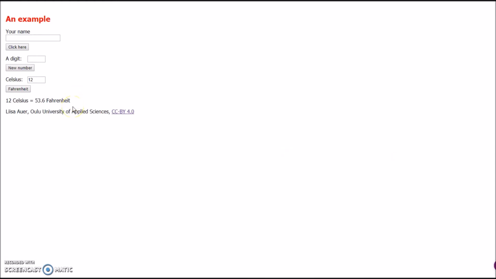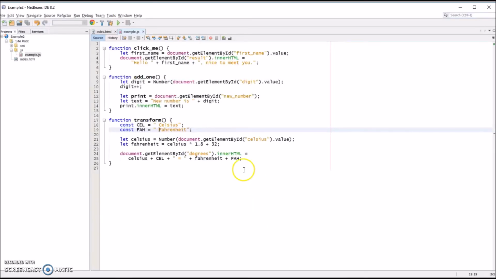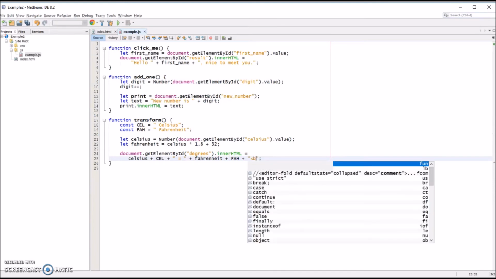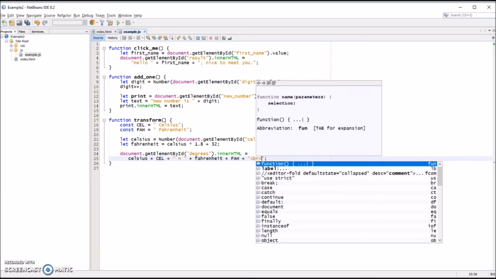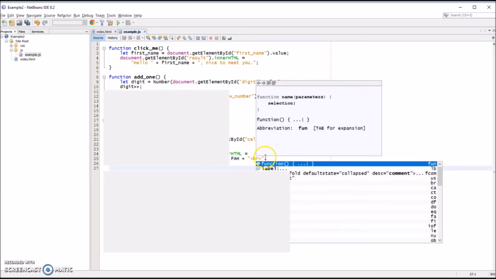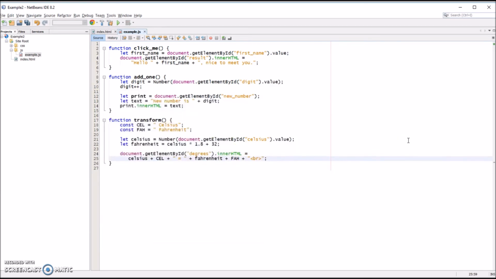Let's assume that now, when I change here another number, I wish to keep this here and then put the other calculation so that it will go on the next line. So what I want is that after this one, there will be a new line. So I put here this BR, which is a line break in HTML code.